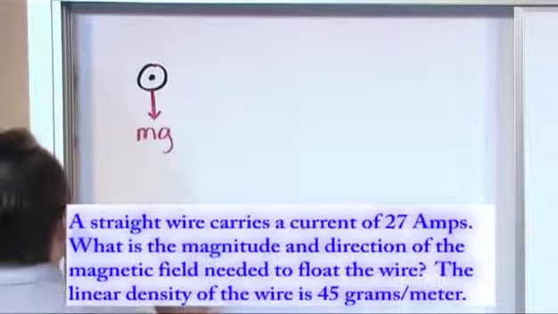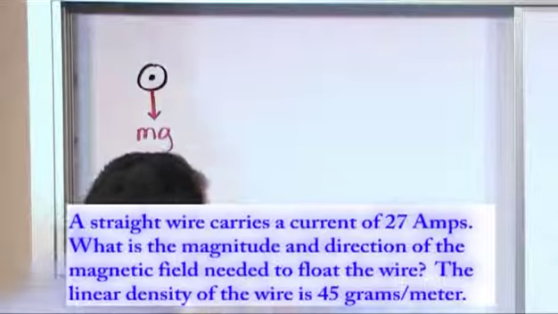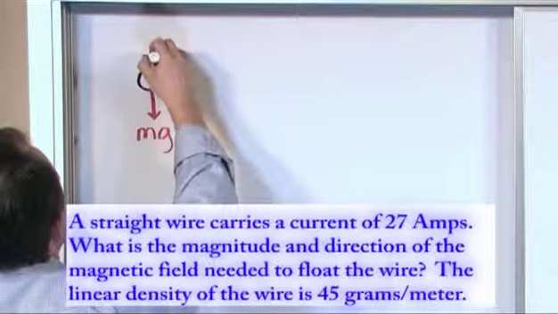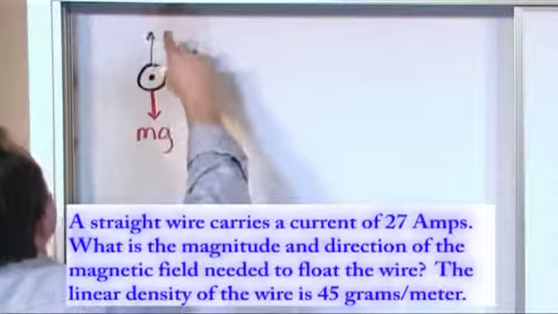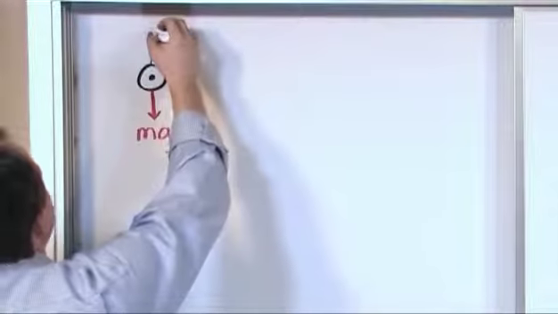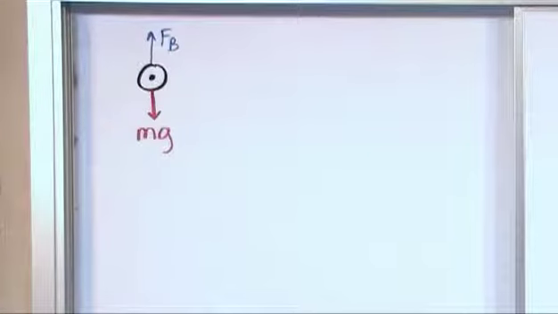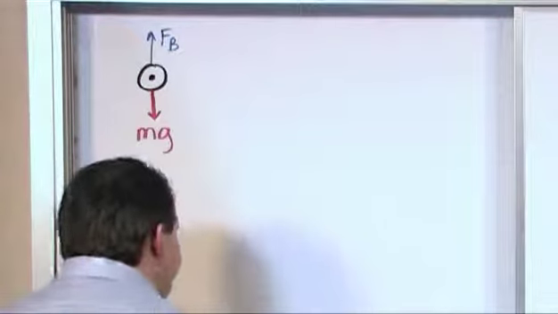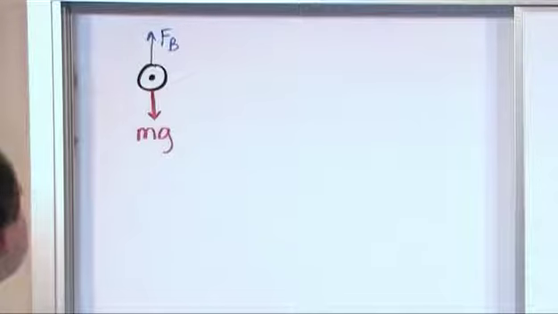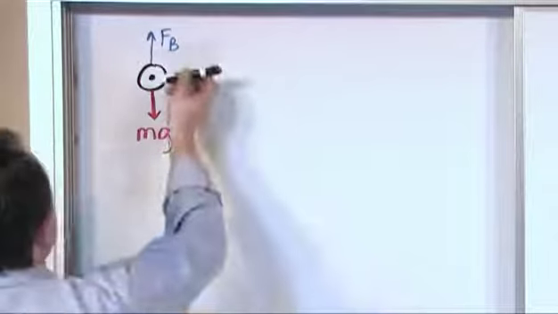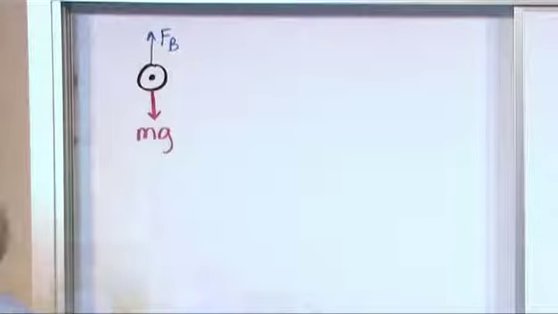And what we want to do is we want it to float somehow. So we know that the force going up needs to be the same length as the force going down. So this is going to be FB, going up like that. All right? So the first question is, before you do any math, what will the magnetic field look like to do that? Okay? So you start going different directions, putting magnetic fields with your pencil different directions. But if you think about it, if